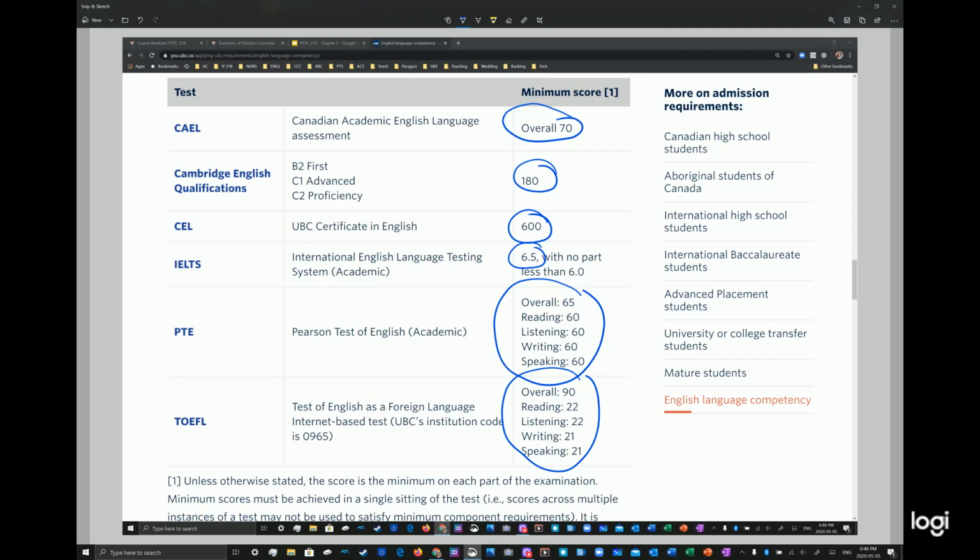From an institution's perspective, they might think, which test is more reliable? As in, if a student meets the minimum score of a particular test, this should predict how well they're going to do in writing classes especially. So it is important for us to compare, not just for students comparing how easy or hard a